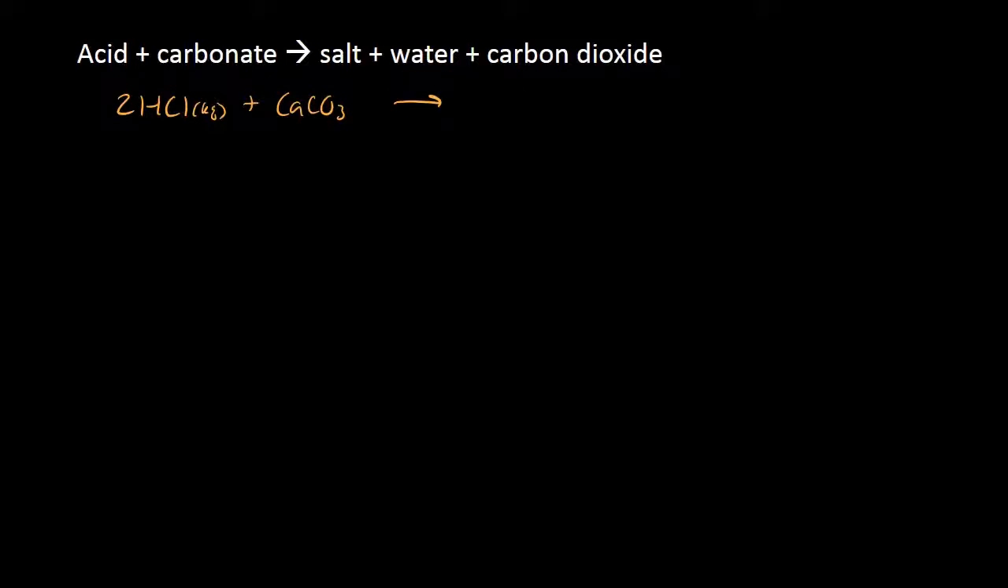And what happens is you get a salt, so calcium chloride, water, and carbon dioxide, because it bubbles. So if we go through and we write our net ionic,